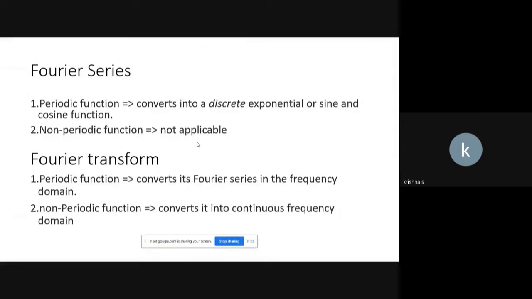So we have the time domain and the frequency domain. For example, to understand how to go from one domain to another, we can take some frequency domain samples. On the x-axis we take the frequency, 1 Hz and 2 Hz, and on the y-axis we take the magnitude, and the corresponding time representation we can take. Any arbitrary signal we can represent by using sinusoidal components. That is what Fourier described.